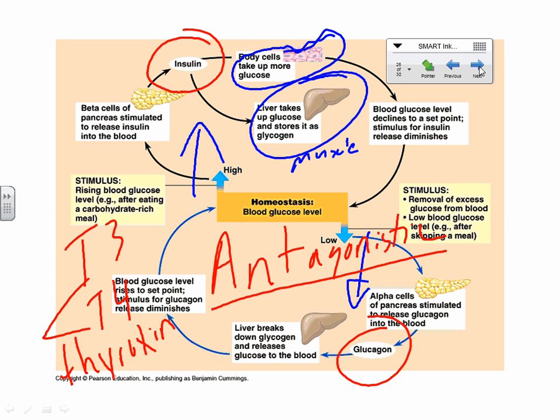Your body needs to speed up metabolism because metabolism is really what? What are you doing to sugar during metabolism? You're burning it, and what is that going to release for you? Some metabolic heat. That's a way to warm yourself back up. Speed up the rate you're burning things at. So whenever you hear thyroid, think speed up metabolism.